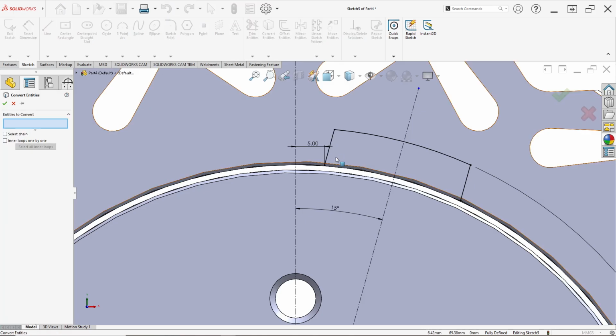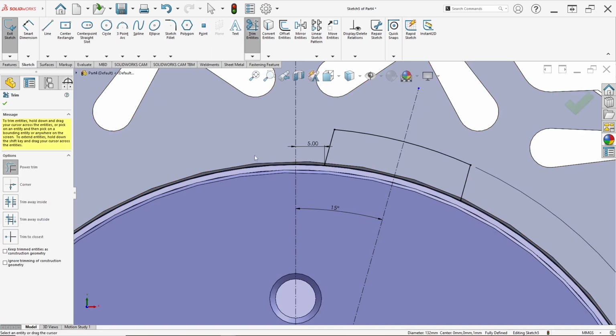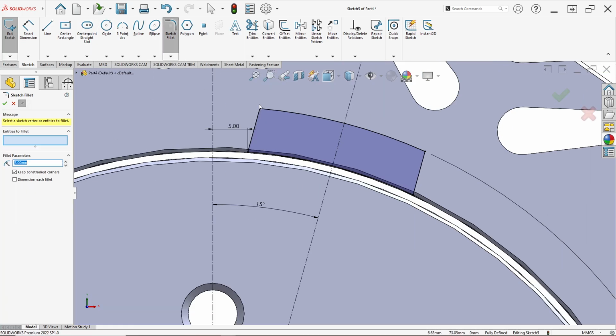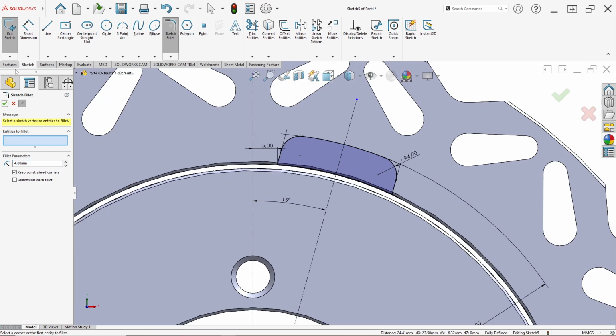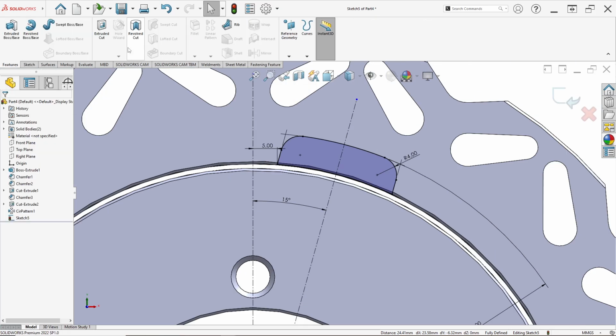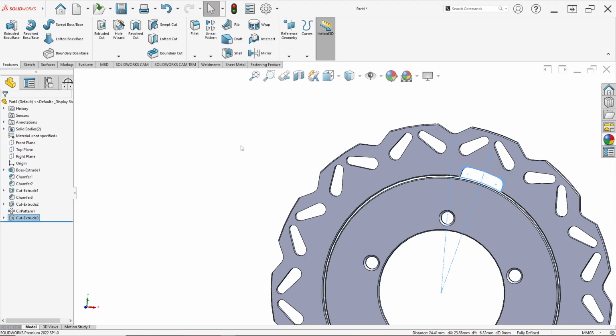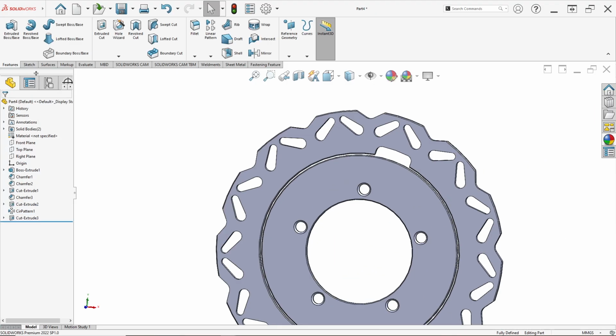And convert entities for this edge, just click OK. And trim entities again this line like this. Sketch fillet in here, take this point and this point, but for fillet parameter I set in 4 for radius. Just click OK. Feature, click extrude cut, and through all, just click OK like this.